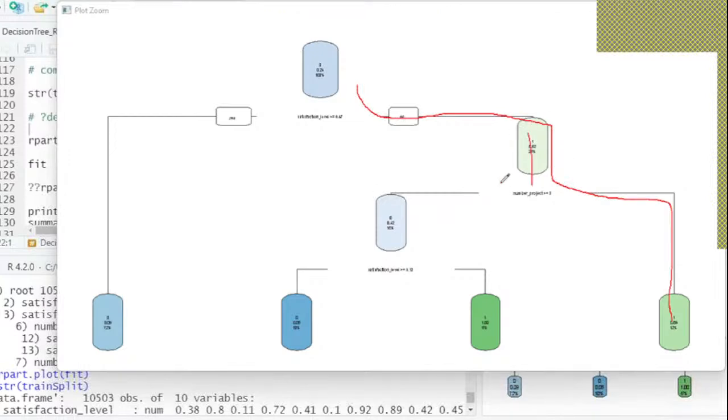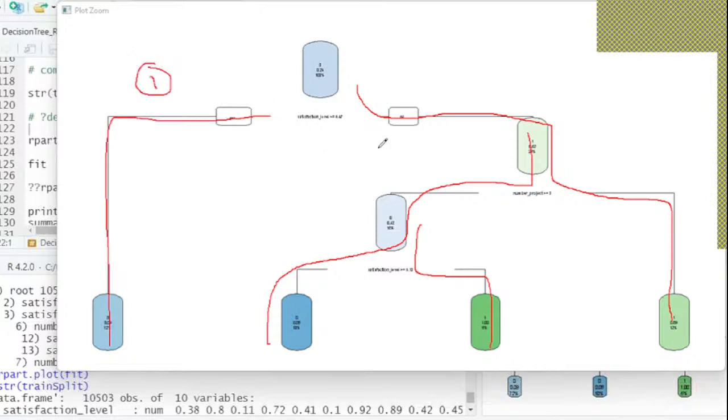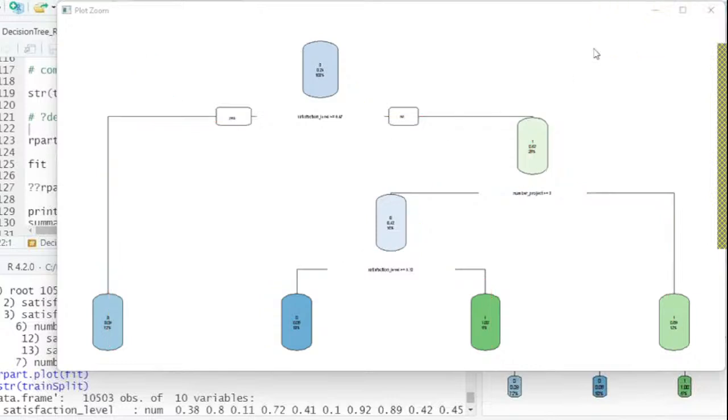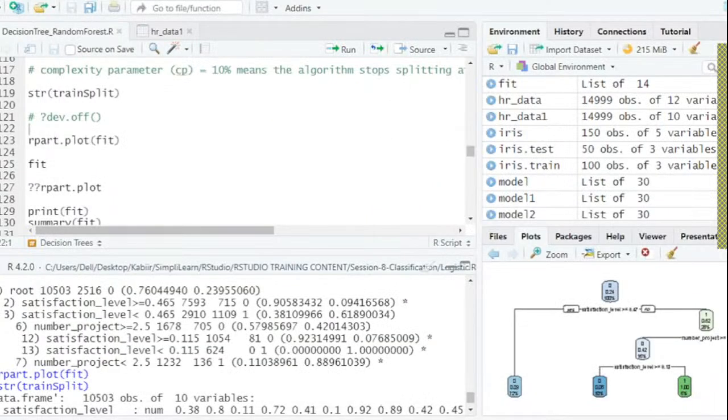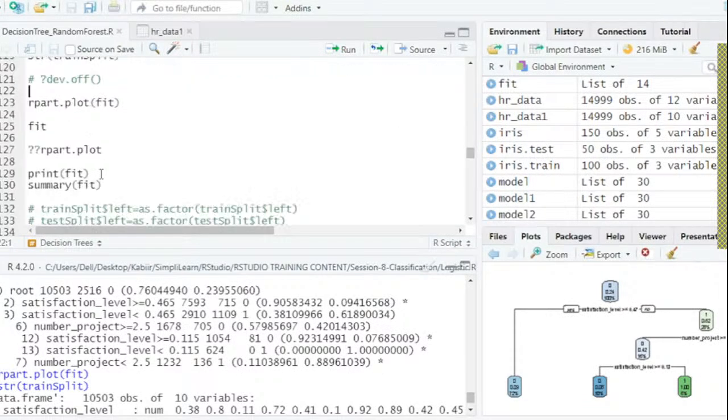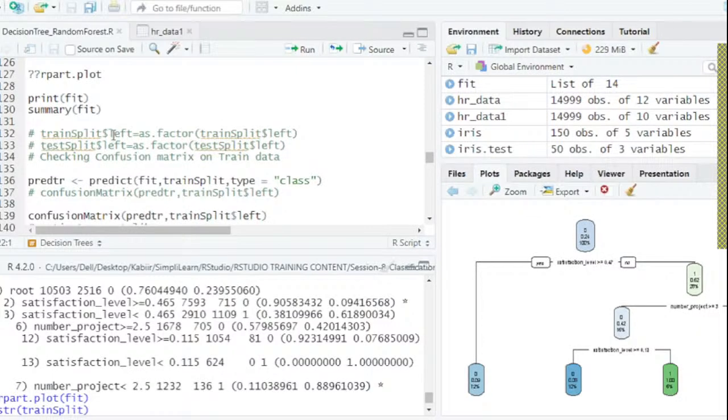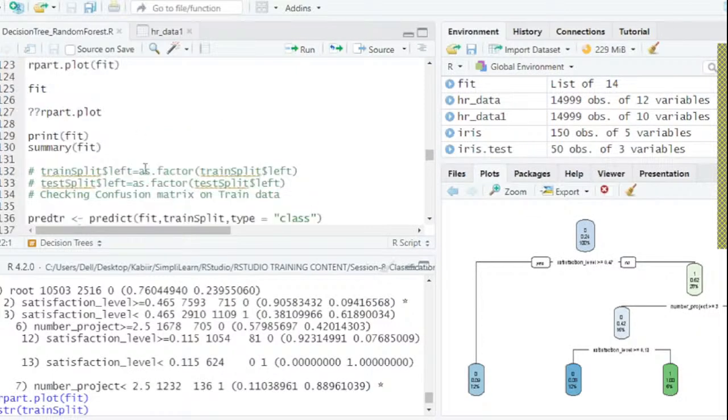This becomes my third rule. And this becomes my fourth rule. Is that clear? And this is of course the first rule. Is this clear to all of you? Okay. So that's how you create a decision tree. Now once you have created a decision tree, rules have been created,